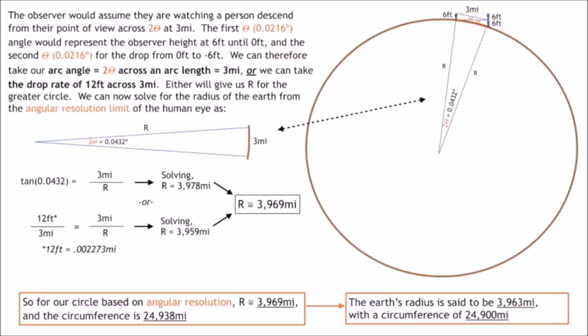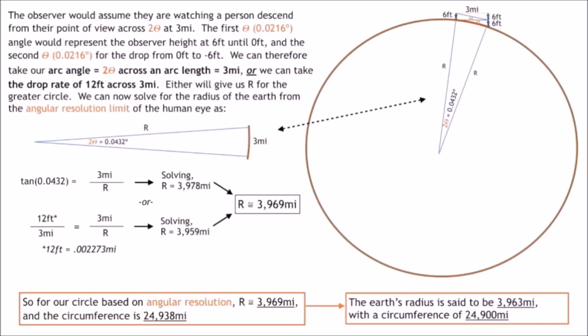We can now solve for the radius of Earth from the angular resolution limit of the eye as our segment here with r along the radius, or along the one aspect of the triangle, and 3 miles as our opposite end, and the angle being across 2 theta, which is 0.0432 degrees. That will give us one number, and the alternative is to use the ratio of 12 foot over 3 miles is equal to 3 miles over r. Both will give us the numbers listed below, so we get for one number 3,978 miles, and for the other one 3,959 miles, giving us an average of